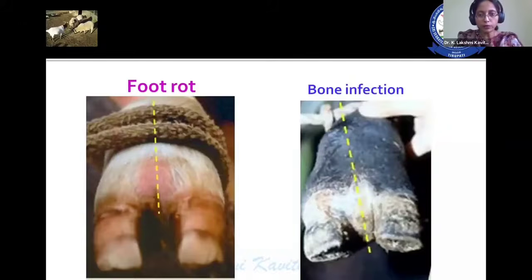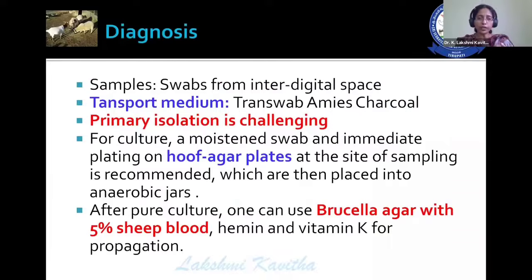So this is with foot rot, and this is with bone infection. Uniform swelling is observed in case of foot rot. Coming to the diagnosis, samples to be collected are the swabs from the interdigital space. This swab from the interdigital space, you can transport to the laboratory by using some transport medium, but the